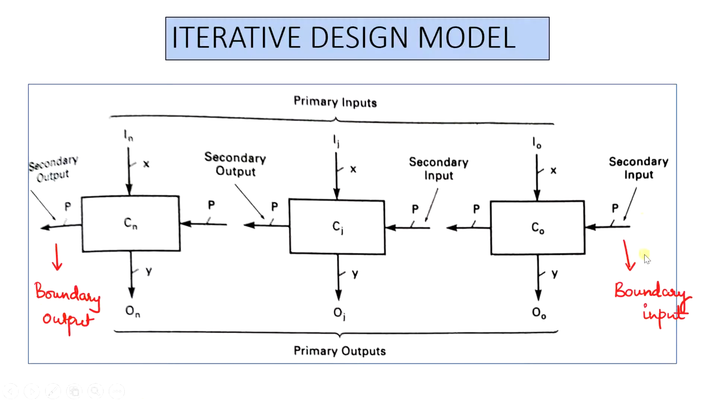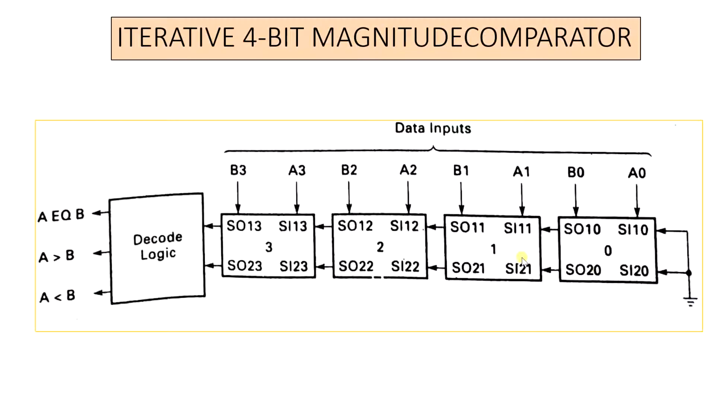So the input to the iterative design model is called the boundary input, and the output of the iterative design model is called the boundary output. And the intercell secondary inputs and the outputs are encoded using 2 bits, so that the 3 output states can be conveyed easily. So let us look into how we can apply the iterative design model for a 4-bit magnitude